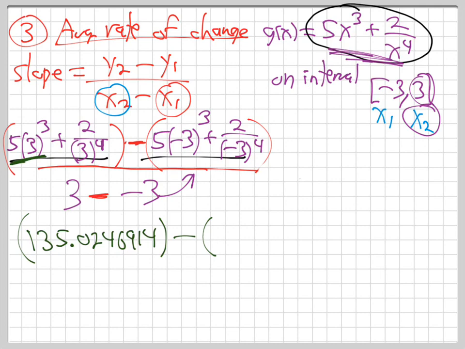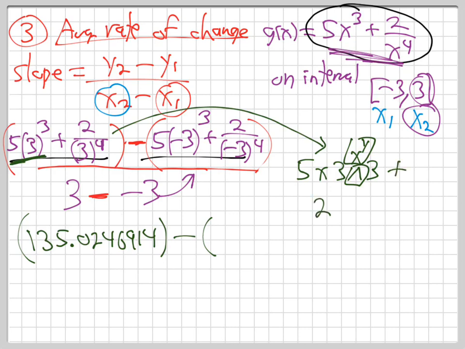You guys able to get that? So let me show you what I did. This is 5 times 3 to the 3rd power. The power button on different calculators will be the up arrow, or maybe it'll be the X to the Y. It's one of those two. So that's how you do 5 times 3 to the third plus 2 divided by 3 to the fourth. Again, either the up arrow or the x to the y, equals, and I'm getting 135.024 and so on. And then for the second part, I'm getting